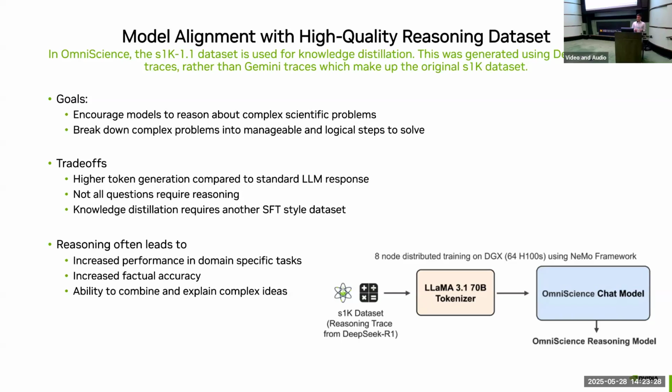And this, again, Quick question. So you were starting with a high quality data set, then piping that through DeepSeek, and then getting the traces. Is that what you're saying? Yeah, so in this particular example, the S1K 1.1 data set is a supervised fine-tuning data set that has questions and answers, and those answers are generated from DeepSeek.